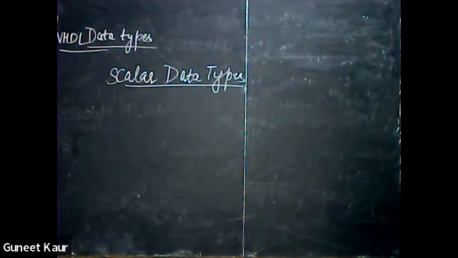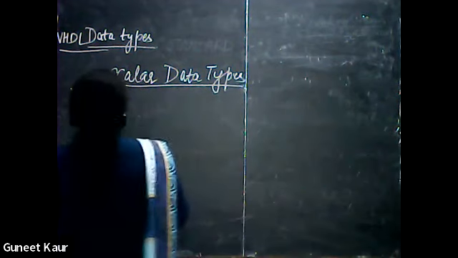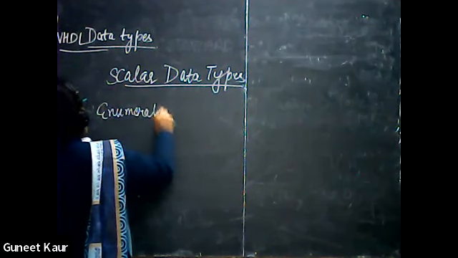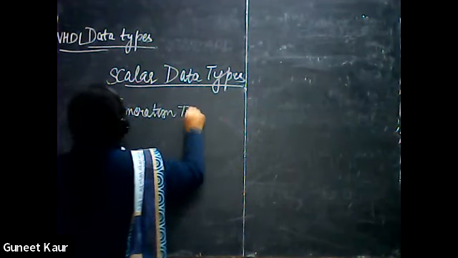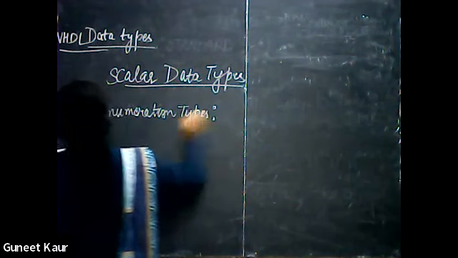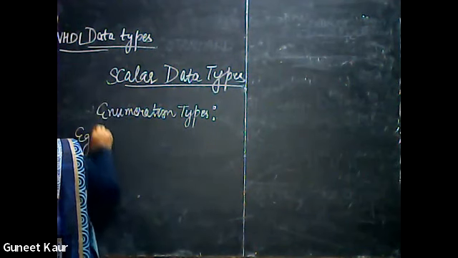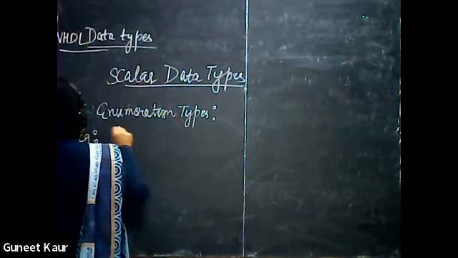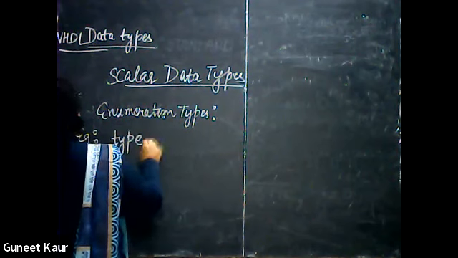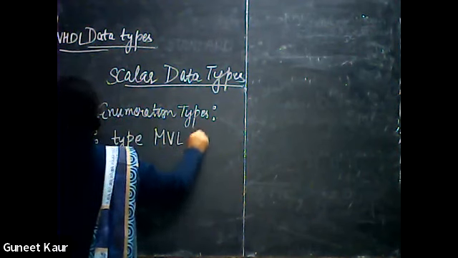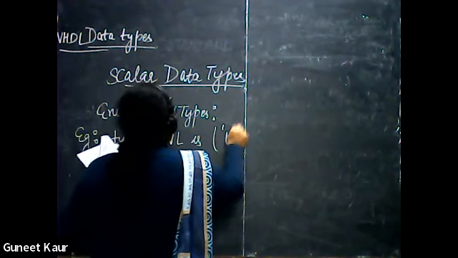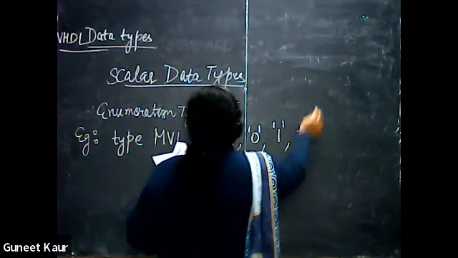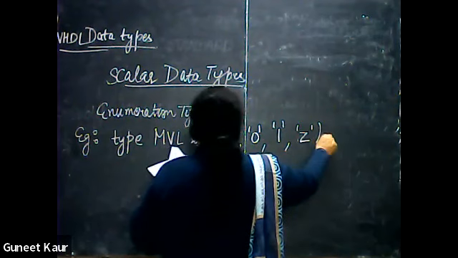Now, moving on to the first scalar data type, that is enumeration. To understand this, firstly I will write some examples, then I will explain this in detail. So the first example is type MVL is ('U', '0', '1', 'Z');